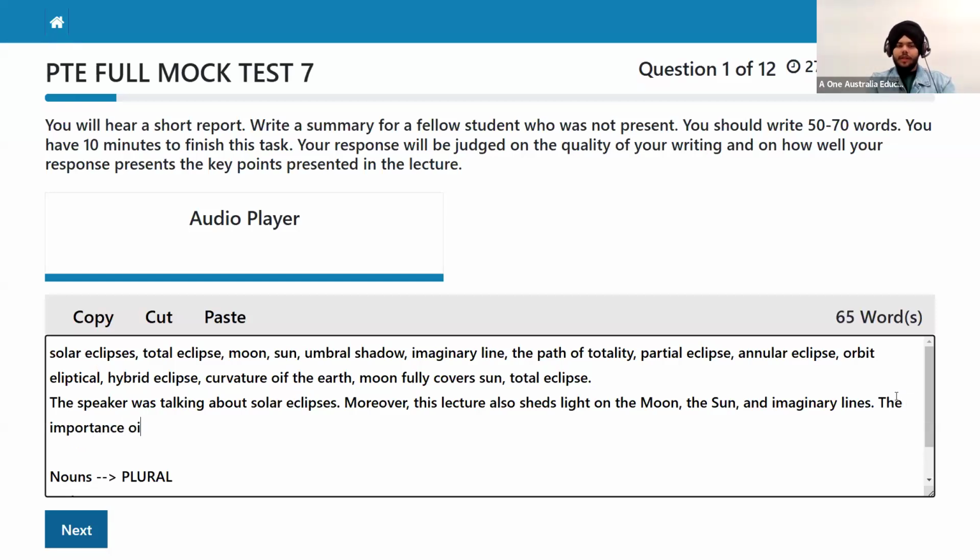Then, the importance of the path of totality was highlighted. See, guys, if I don't write "the" and just say "the importance of path of totality," that is grammatically wrong. So if you're writing anything with "of," it is much better to write "the" here, because it is something very specific. So, the importance of the path of totality was highlighted, and the concept of, guys, also make sure to put proper commas everywhere. Okay. And the concept of, I can say partial eclipse, and the concept of partial eclipses